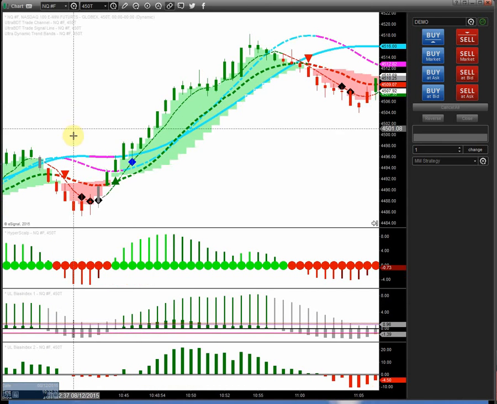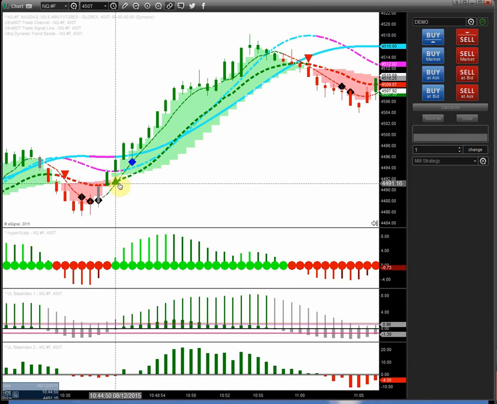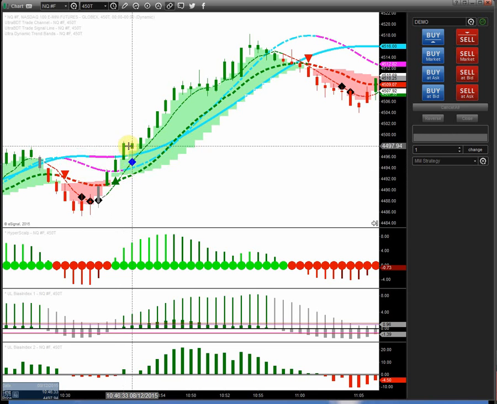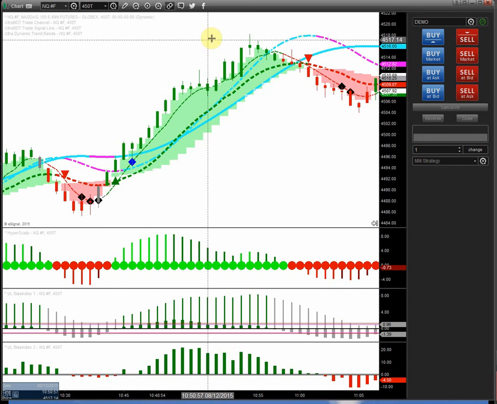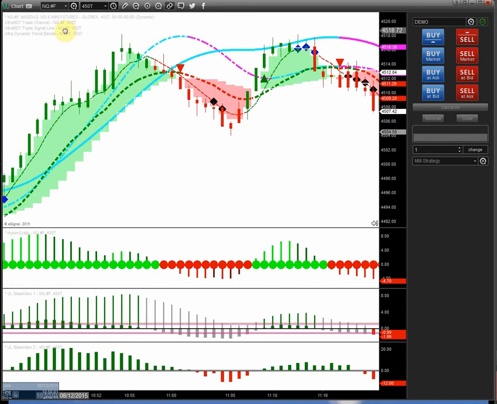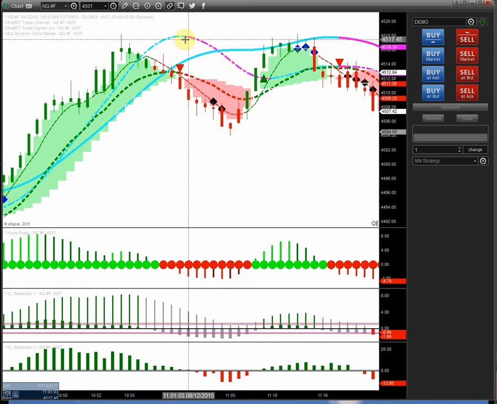Well, what did it do? Prices sprang up, a new buy channel opened, and all the dynamic trend bands are matching right here. You see that green and this blue cyan color, and blue cyan on the dynamic trend band number 2. There's the pullback to the signal line by the market right here, and they shoot higher still. Now you're waiting for a crossover here, and notice how you still